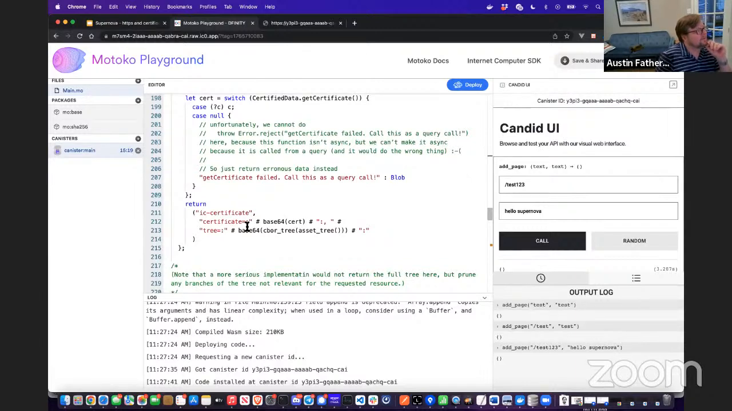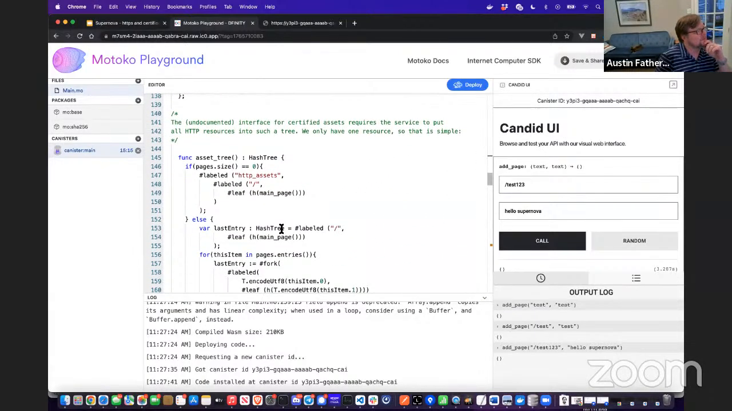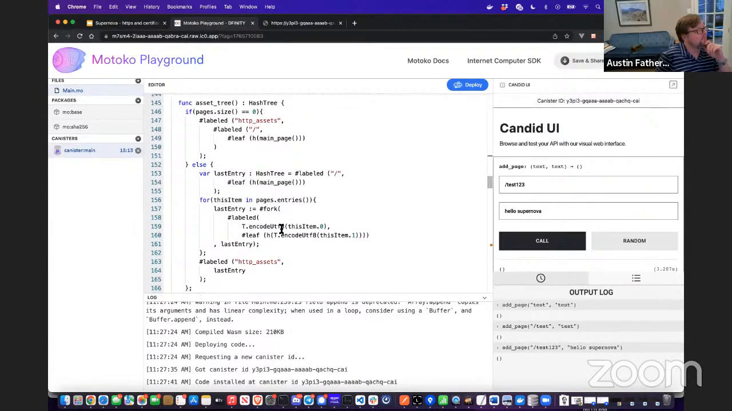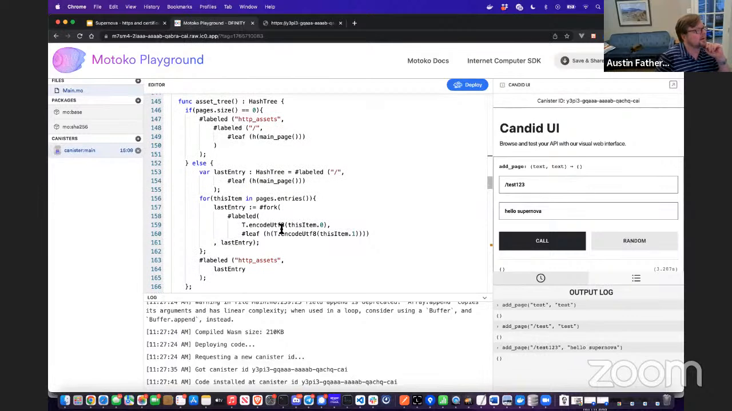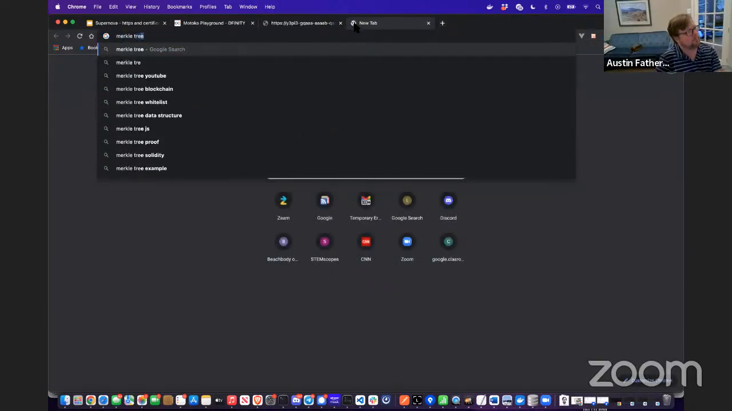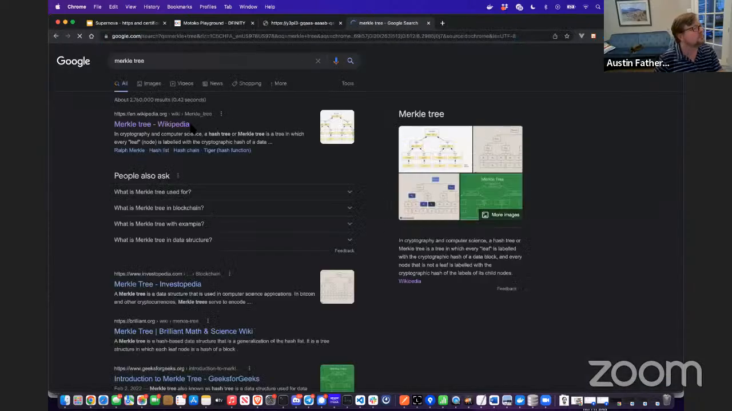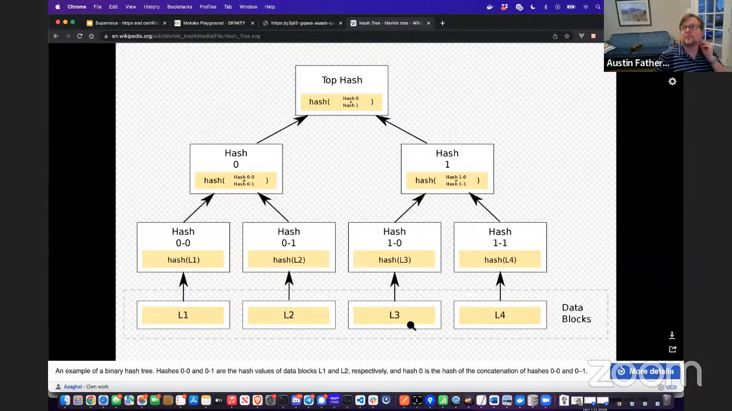I guess that actually looks fairly much the same, but the asset tree is a little bit different. Basically, what happens here, we're cheating a little bit, and we're building a very lopsided certification tree. For those of you who are unfamiliar with Merkle trees or hash trees or those kinds of things, just